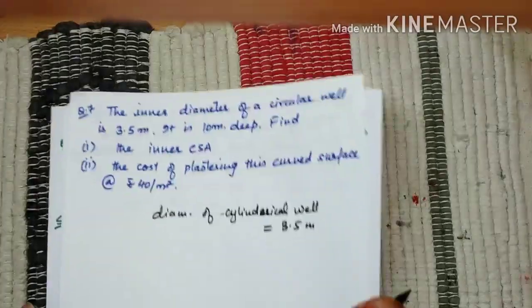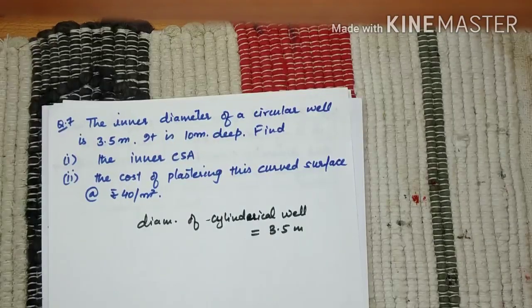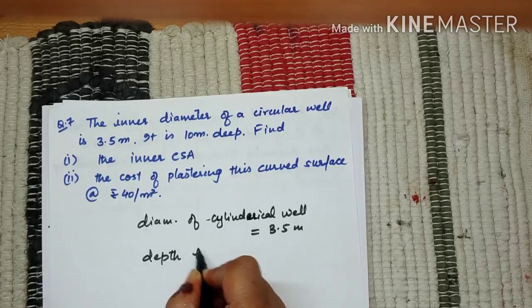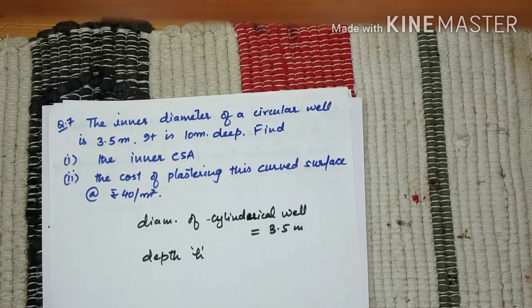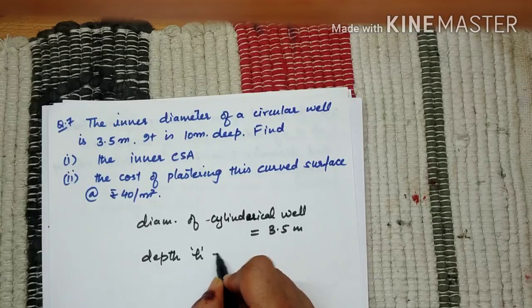Depth, I have already discussed in my previous videos. When the cylinder is below the ground level, it is always depth, but we denote it by h only. We call the axis depth if it is below the ground level. If it is inverted on the ground level, we call it length, and if it is above ground level, we call it height. So depth here is 10 meter.